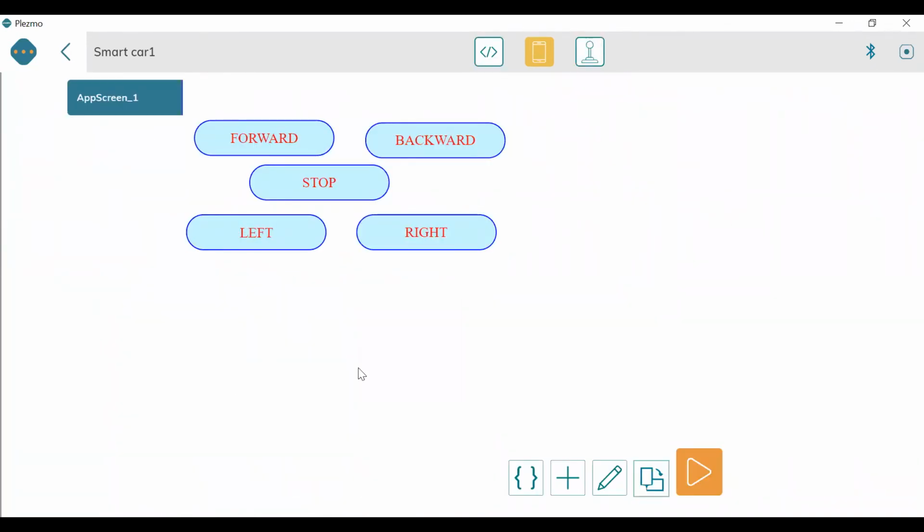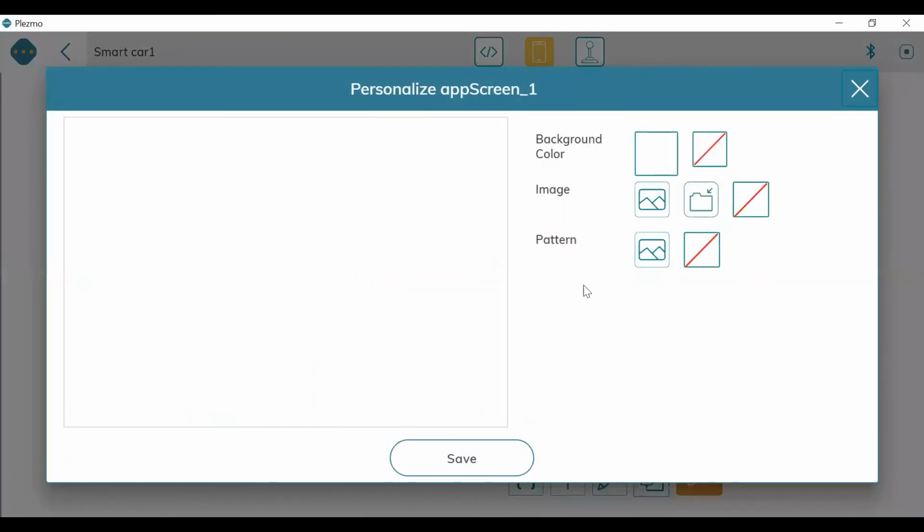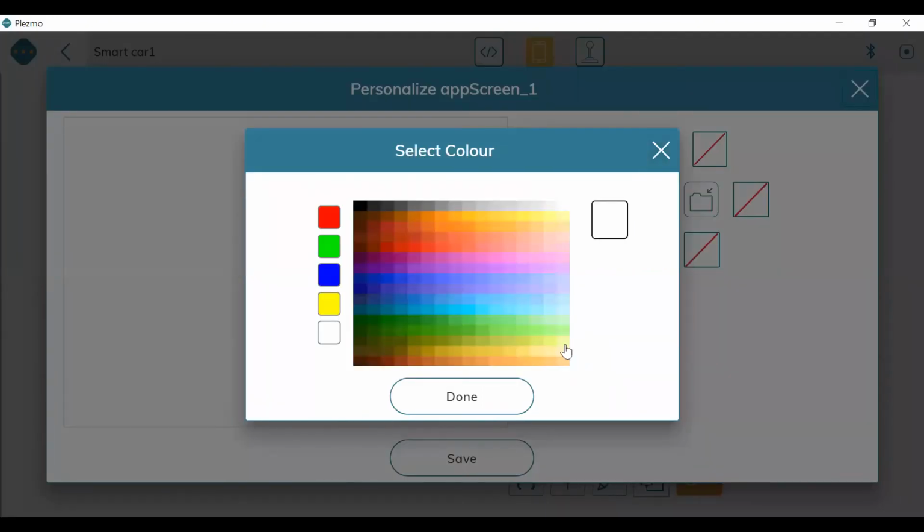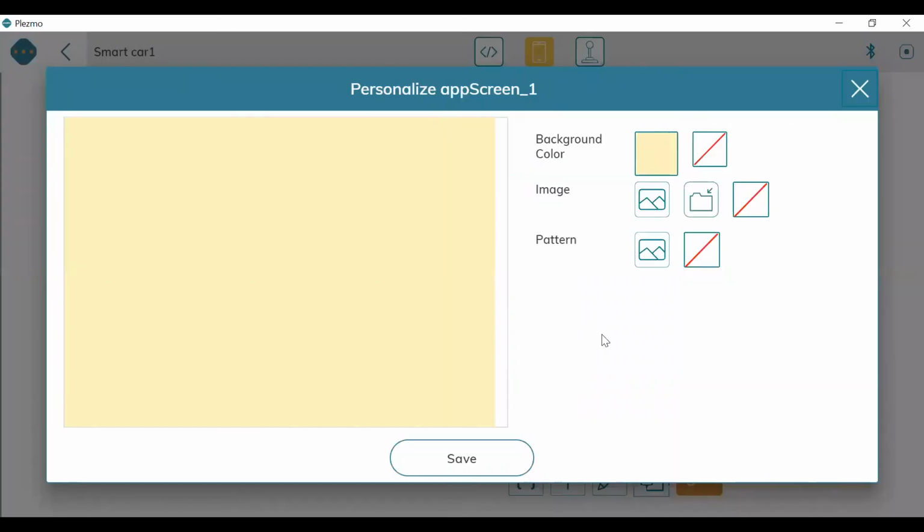So firstly, what we can do is click anywhere on the app screen and personalize the app screen. We can change the background color. So now I'm going to change it. I'm taking light yellow. Then you can take either an image or a pattern.